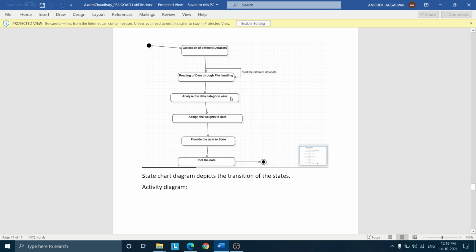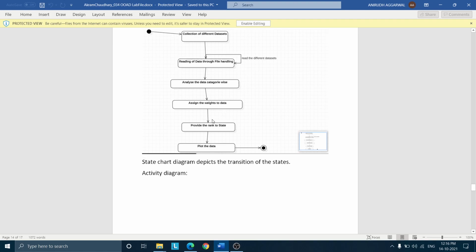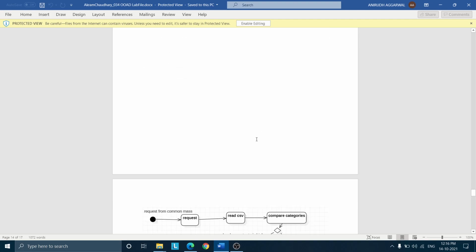In this state we will analyze the data according to the categories, and then in this state assign the weights of data. We will just assign the weights to the data which we have analyzed, and then we will provide the rank to the states in this state, and then finally we will plot the data and reach the final state.